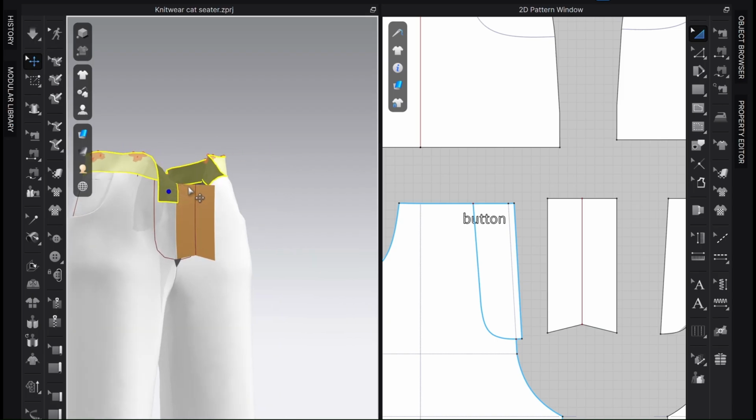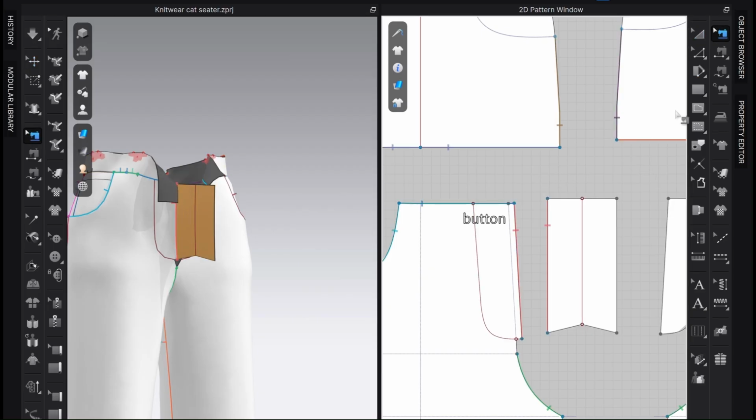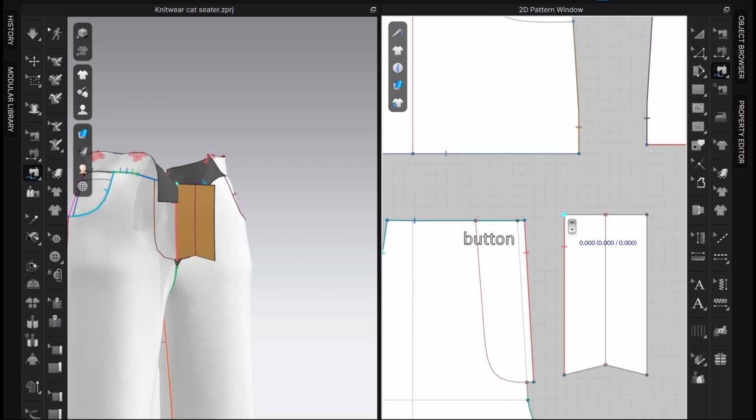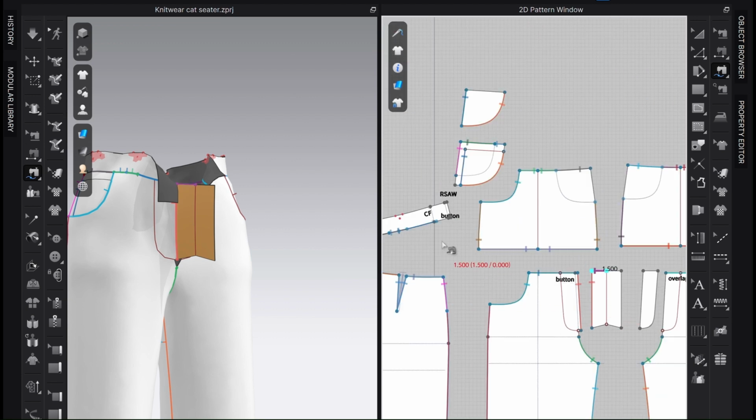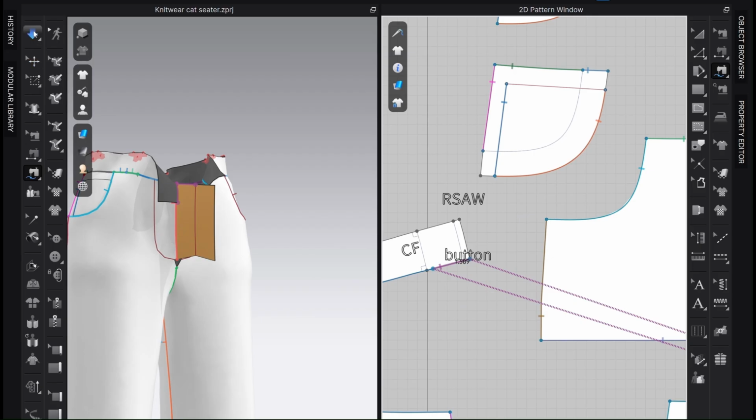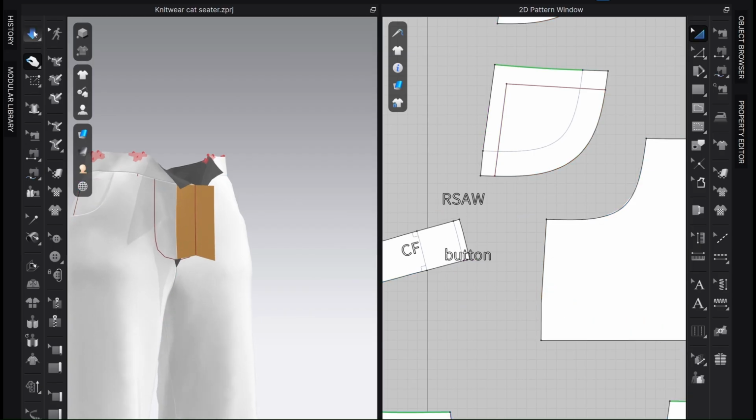I can sew this upper edge to my extended part of waistband now. With free sewing tool, I start from center front line to fold line, and here can also sew that, simulate,